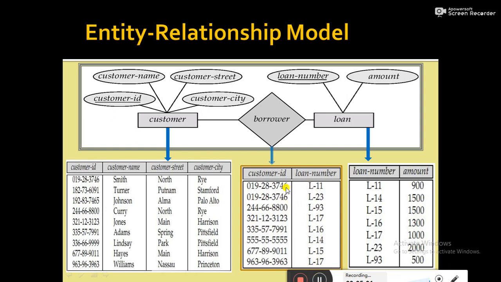Now, with the help of this borrower relation, the customer table and loan table are associated via this borrower relation. How? Look at the data set, the record stored in customer. So several customer records are there. Consider the first one, Smith, whose customer ID is 019283746. So this particular customer